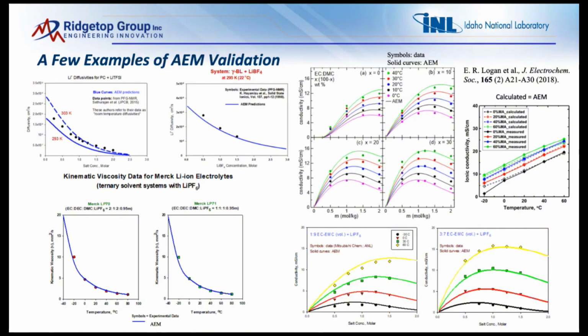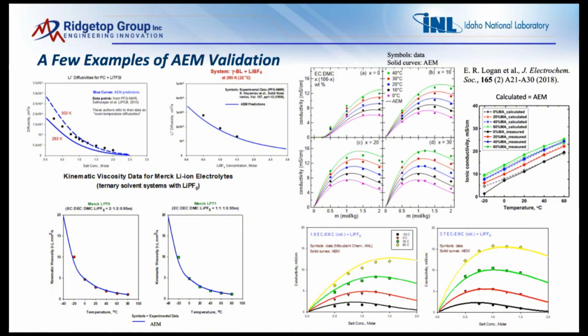On the right-hand upper set of plots, we have conductivity measurements in the data points, and then the curves are the AEM predictions. This information was gotten through a collaboration with Jeff Dahn's group at Dalhousie University, and they were looking at EC and DMC as the starting solvents within electrolytes, and then adding methyl acetate at different amounts to see the effects on conductivity. So it was a very good collaboration with that group, and we see good, close agreement between modeling and the